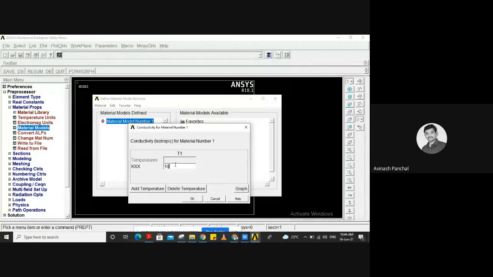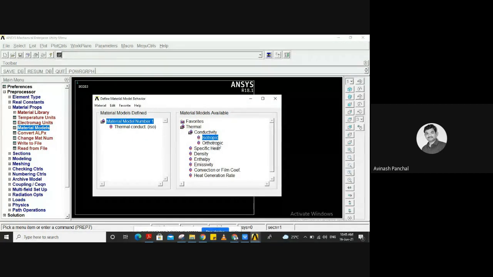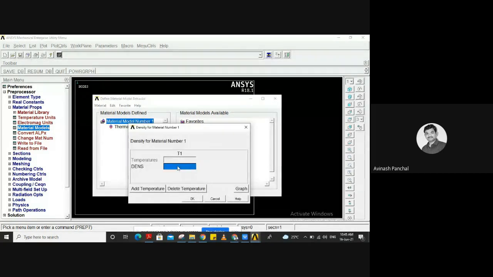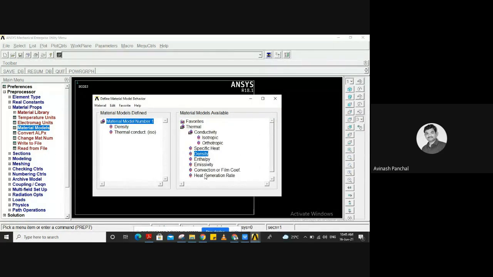So here we have 10, directly we can put it over here and click on OK. Density is an optional one. If you want to apply it, you can, otherwise it is not necessary to give the density. So I will give 7850 for steel material, click on OK. Conductivity, we are not bothered about that.